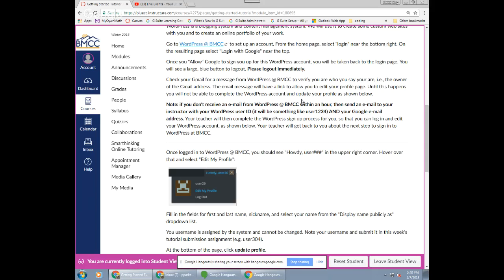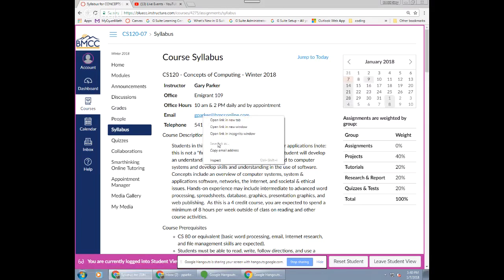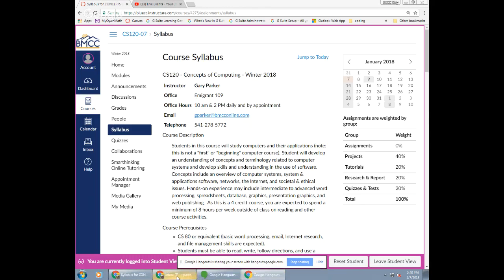Those happen. So you can just go to the syllabus, for example, and get my email address, right-click, copy email address. And then from your Google account, I'll close mine, you'll send an email to that address saying, hey, I tried to log in. Here's what WordPress said my username was. Maybe it's like user 345, or maybe it didn't respond with the user. And what you'll tell me is if there was a username or not from WordPress. Okay. So we'll do a new message here,